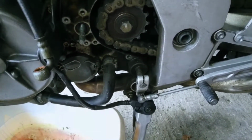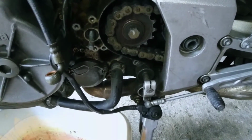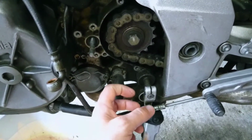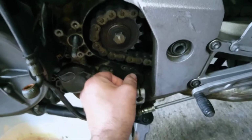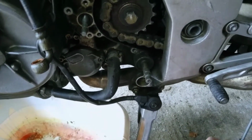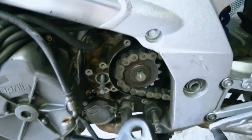It still wouldn't come off. I sprayed a bit more. It got a bit of movement. I sprayed a bit more and then left it for basically half an hour, or an hour, and then came back, gave it a tug, and it came off. So that comes off, and there, basically that's it. Once you've got that off, you'll then have the sprocket cover, which is this thing,